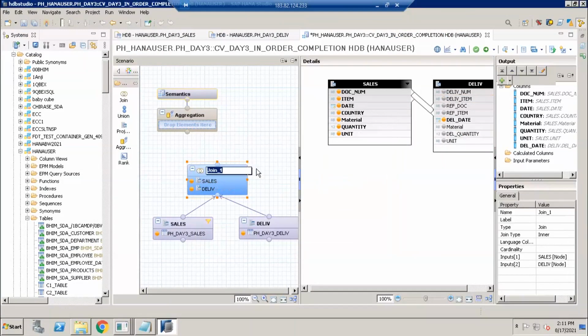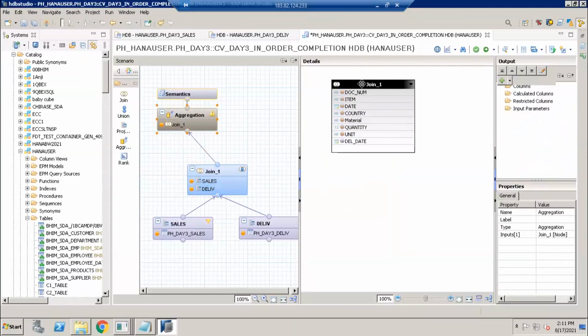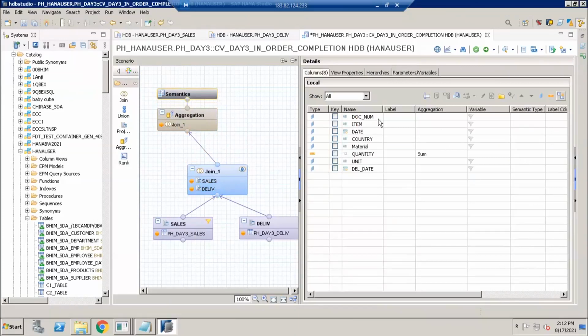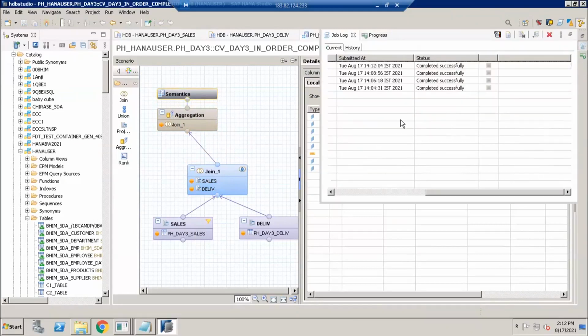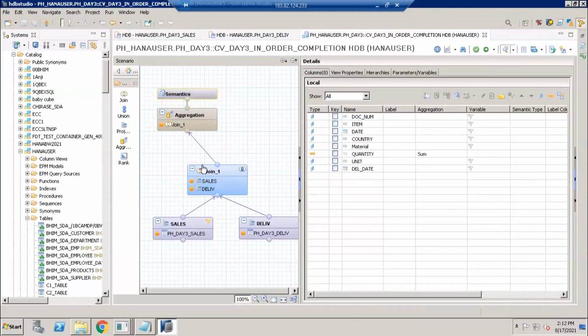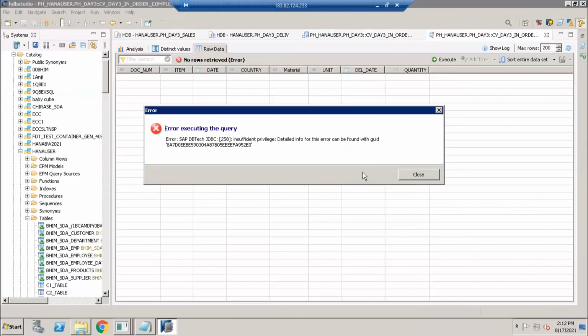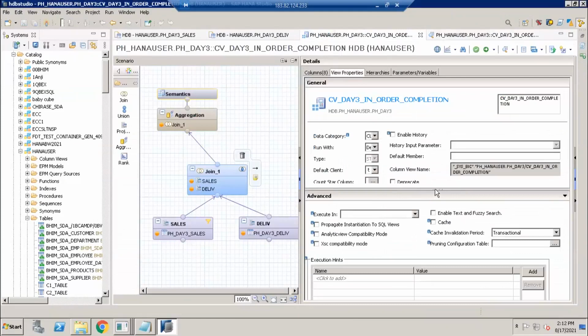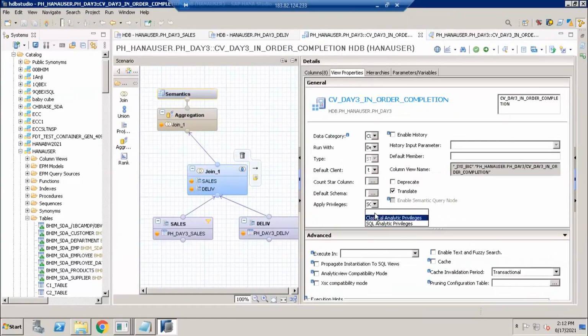Now let's see, without applying any further logic, if I add this to aggregation and select all fields from here, add all to output, semantic, auto assign the data types and activate it. Let's wait until it completes. Now let's see the data preview. Here we have to disable the analytical authorizations, and activate. So now let's see the data preview.